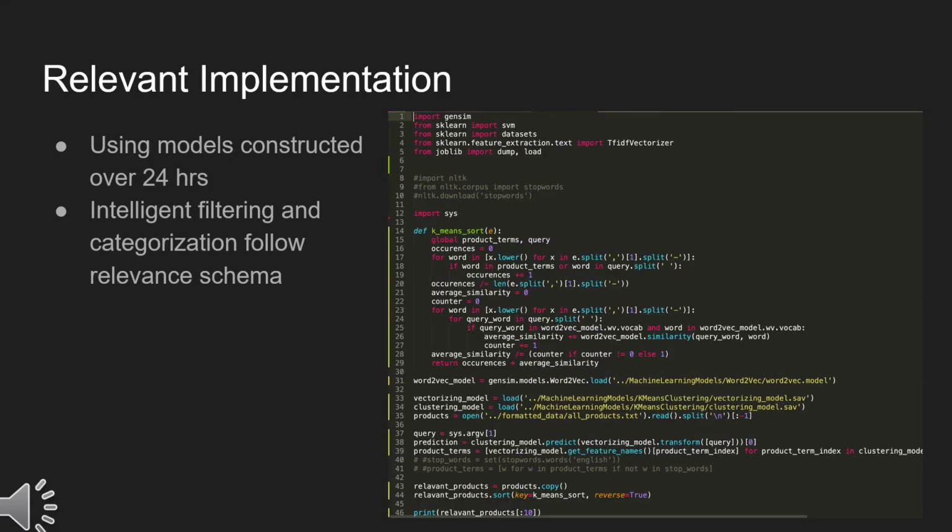After all our processing, this is how our algorithm basically works. You give it a query, which is a word or multiple words, and the algorithm takes these and puts it into a clustering algorithm to figure out which cluster of words is closest to the ones you searched. Now the algorithm takes these words, the ones